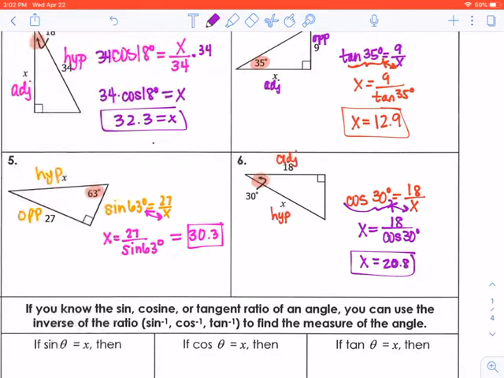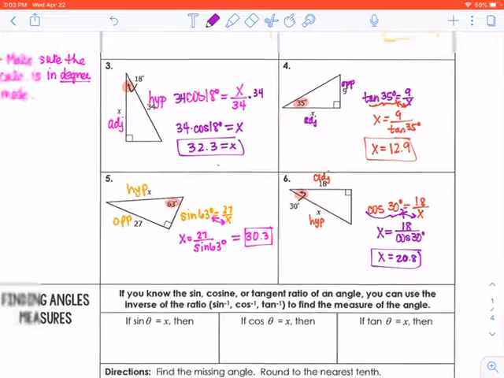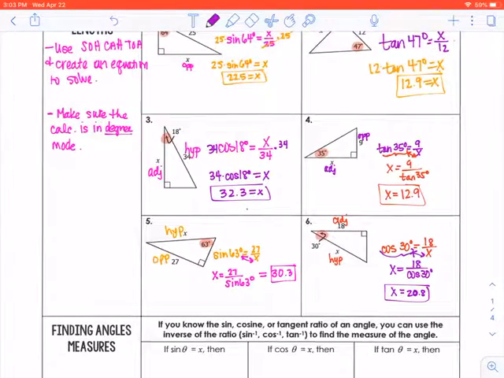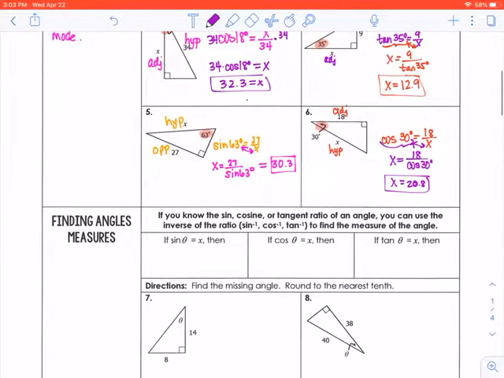And that's it for the first part. That is finding side lengths in right triangles given an angle and a couple of sides. Again, you're using SOHCAHTOA, and you need to make sure your calculator's in degree mode. Now we're going to go on and say, all right, what if I know two sides and I want to know the angle? When you are looking for an angle,